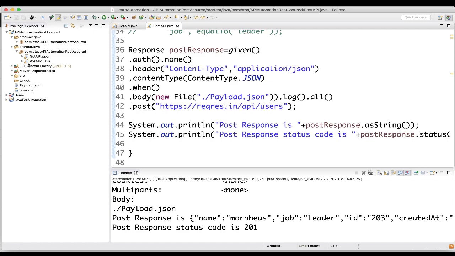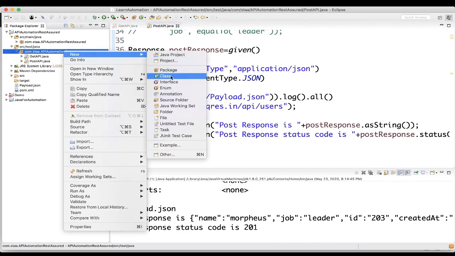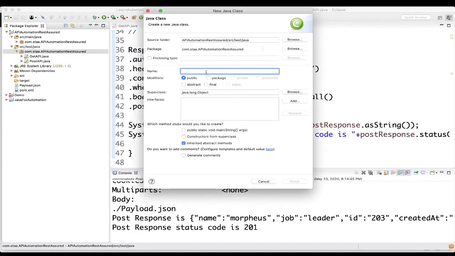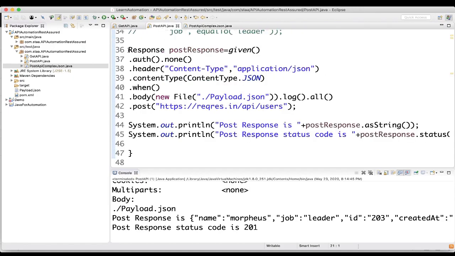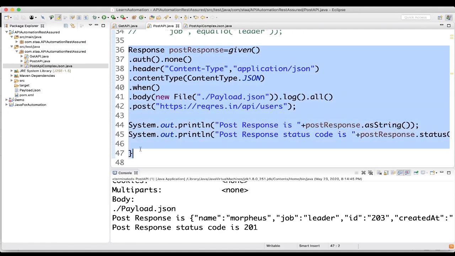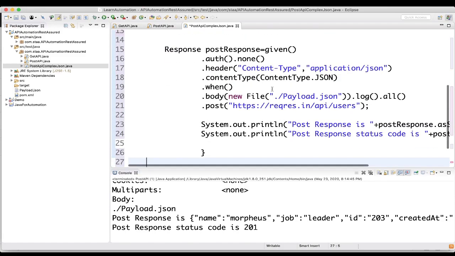So let's create one more class, new class, post API complex JSON. Okay, let's copy these details from here. We'll use most of these things, and